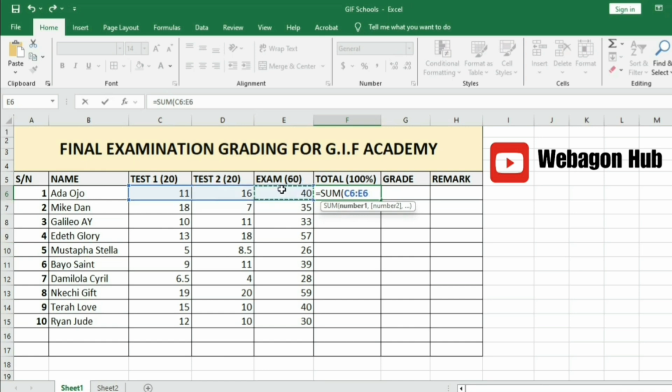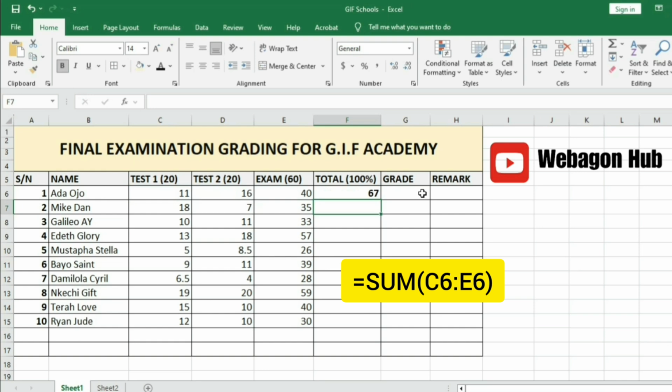We now select it. So now we have C6, D6, and E6 selected. This means that we are adding everything here, okay, both test 1, test 2, and exams. That will give us the total score of these students, okay? So you now put bracket close, all right? Then after that, you press enter key. Now the total score of this first student is